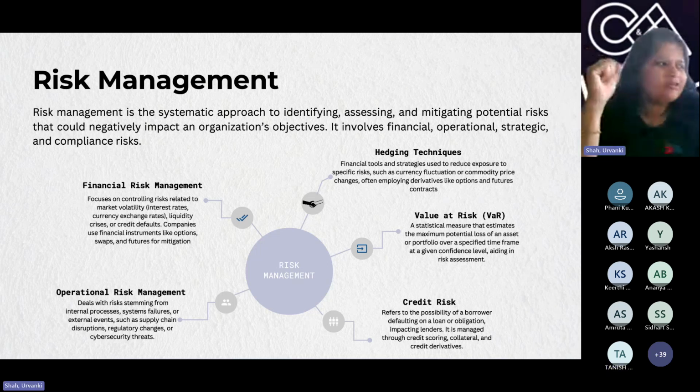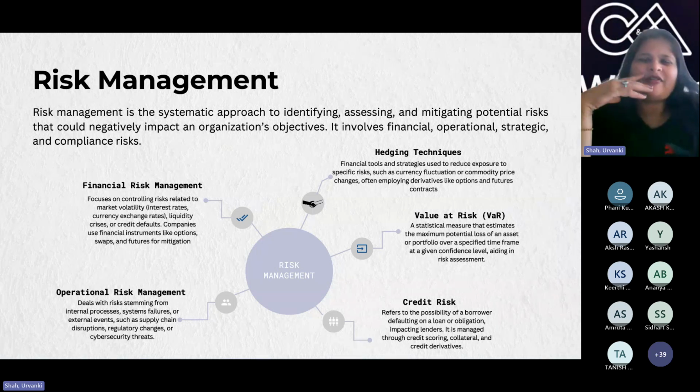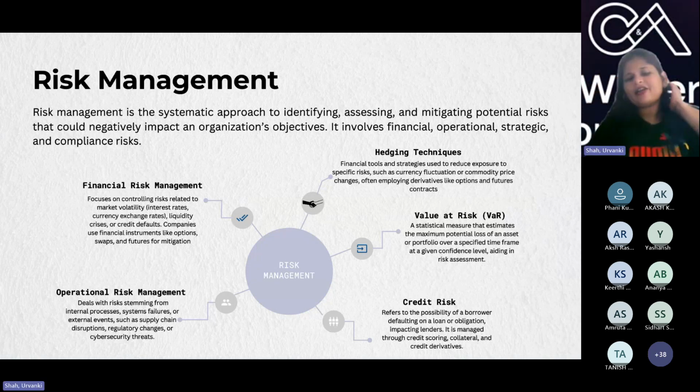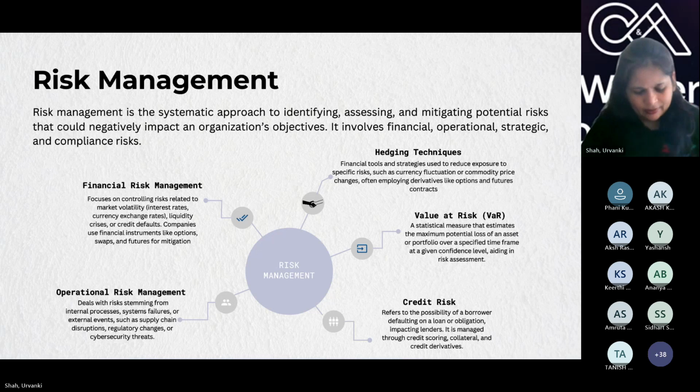Now, suppose you have two friends and one of them does not pay back the money, the credit rating of that person goes down, right? Similarly, your CIBIL scores provide your credit ratings. Same way, there are CRISIL scores which provide credit ratings for the organizations, right? Then there is something like operational risk.